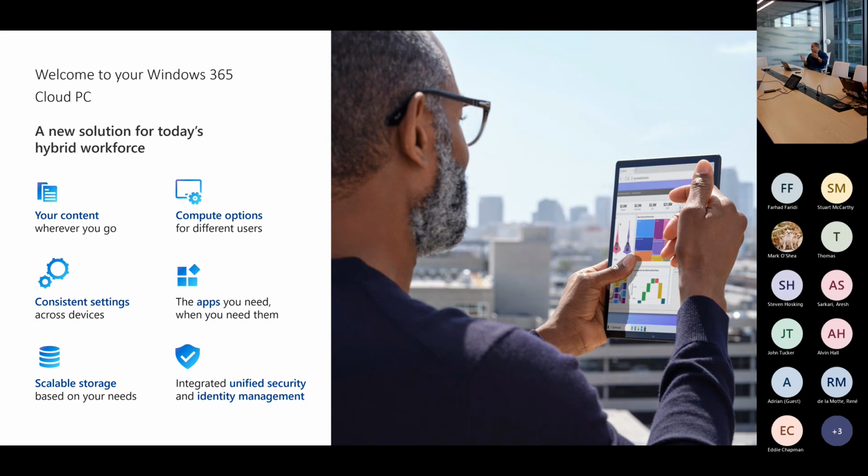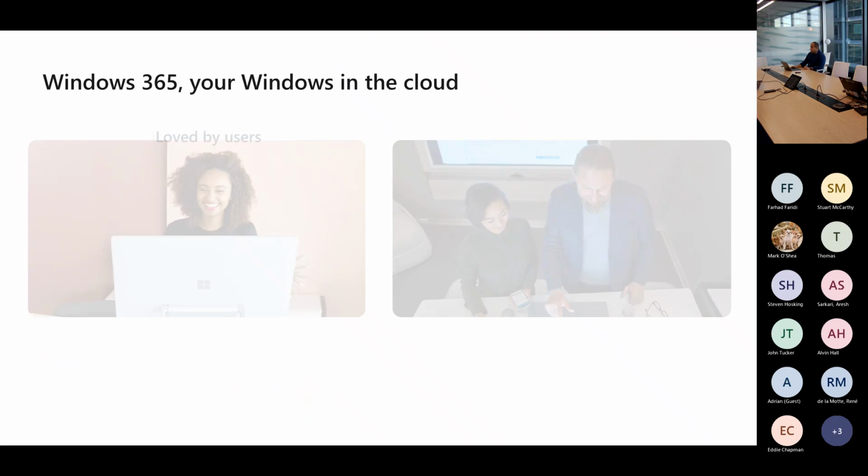Then you have to use different solutions, like a virtual firewall, to stop the broadcast. However, in this case, because it is managed by Microsoft in a managed network, there's no broadcast with another Cloud PC in the same environment. Plus, it can be very well integrated with Microsoft Defender, which we will also see.